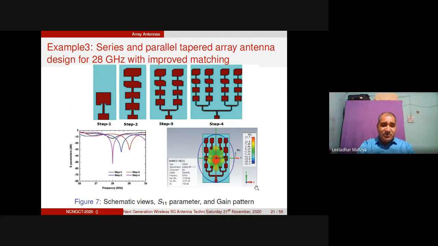Okay. Similarly, if you look at this picture, what was the effect on the return loss, right? You can find here that yes, a very low value of the return loss can be obtained in step 4, in comparison to the previous 3 steps, and yes, definitely we have the large bandwidth as well as a high gain, more than 17 dBi of the gain in both the designs. We have obtained this with the help of these 2 designs.